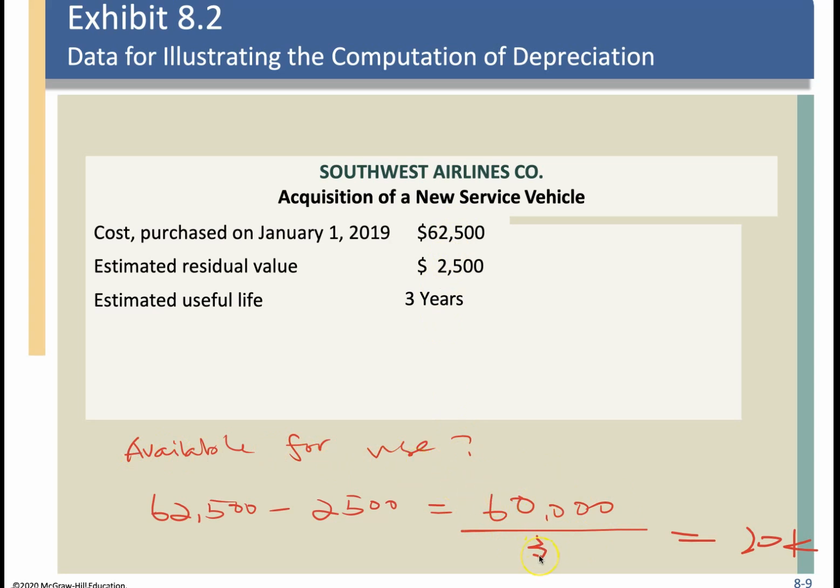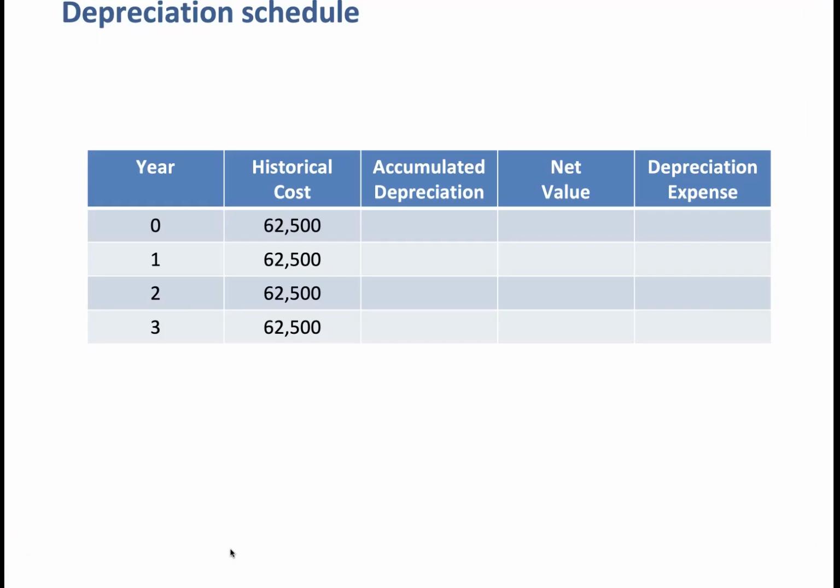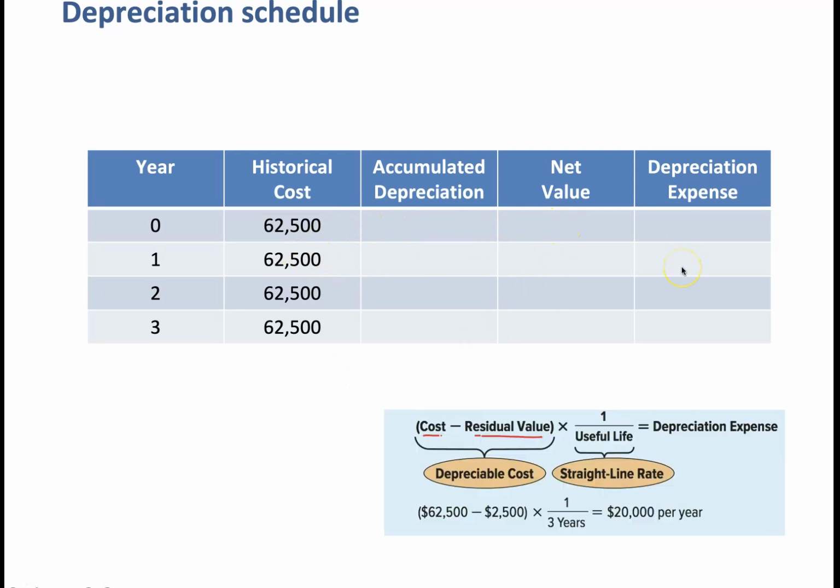Divided by 3 years, because we assume every year we use it evenly, so we divide it by 3, we got $20,000 per year. That $20,000 would be the depreciation expense for every single year during the 3 years. So you can always compile something called a depreciation schedule to show the depreciation of an asset. For example, in our example a moment ago, the depreciation every year starting from year 1, so year 0 is